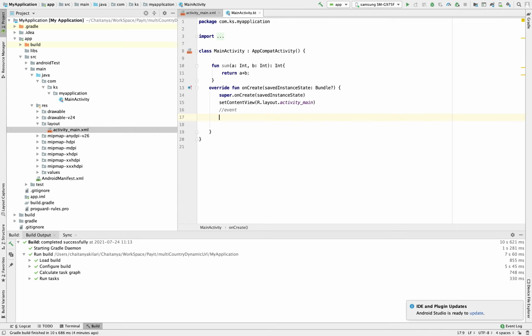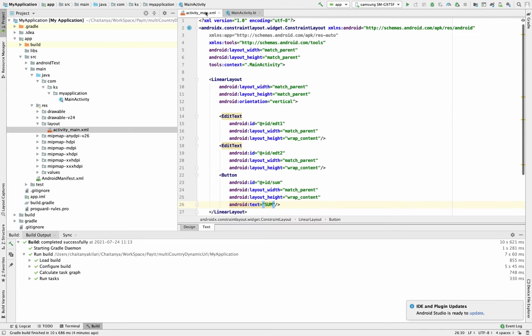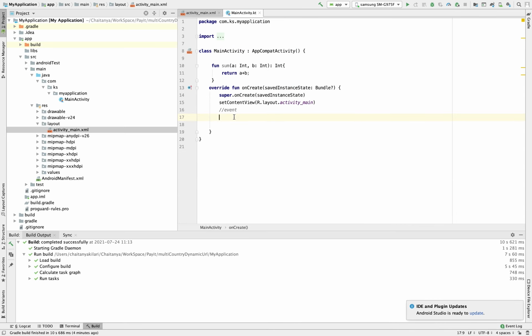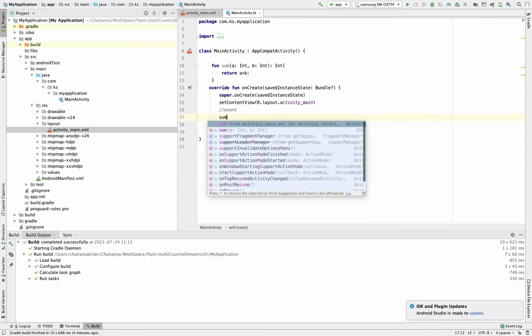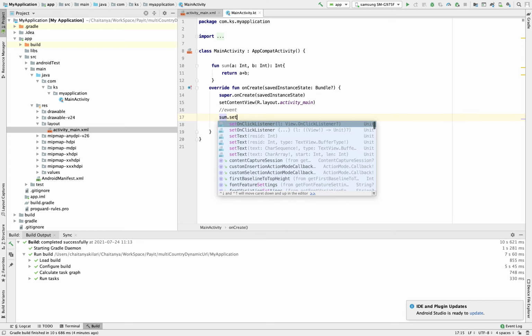Okay, here what is the event? We are writing the event for this button, the sum button. Okay, sum dot set on click listener.